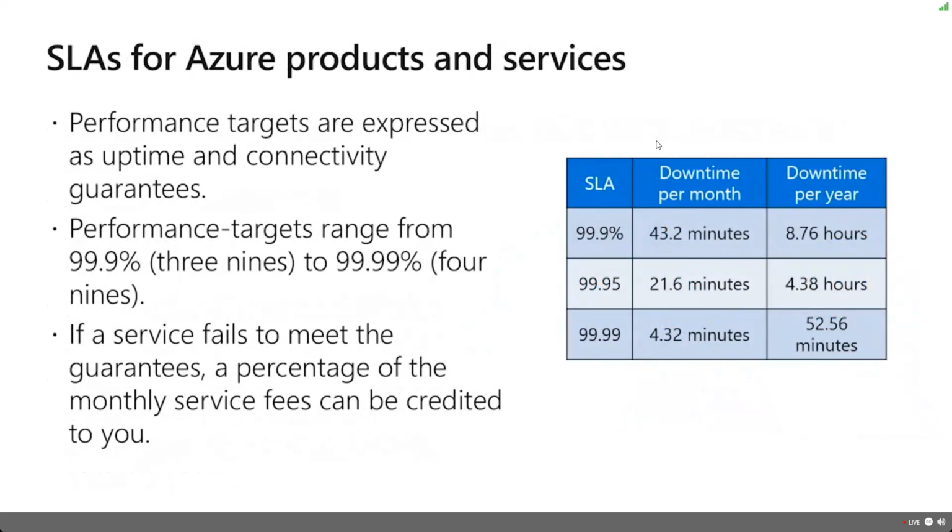It's measured in uptime, and every Microsoft product has anywhere between 3 nines to 4 nines on average of uptime. What does that mean? Well, if you're 3 nines, that means downtime per month is 43 minutes. Downtime for an entire year at worst would be 8 hours. If we don't adhere to that, you get credits based on that service. We guarantee that monthly request, and you might have some of your monthly fees waived, you might get a credit. It all depends on what that outage looks like.